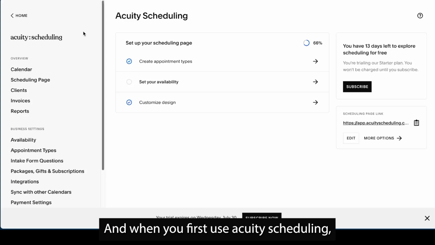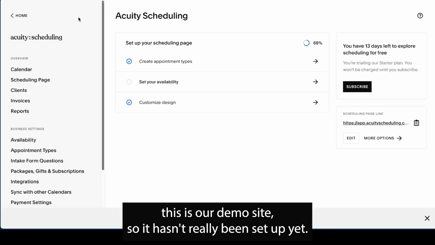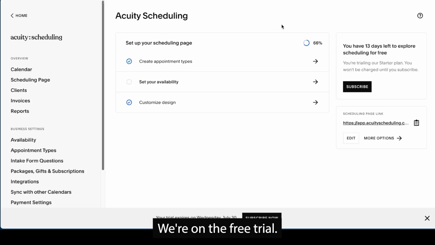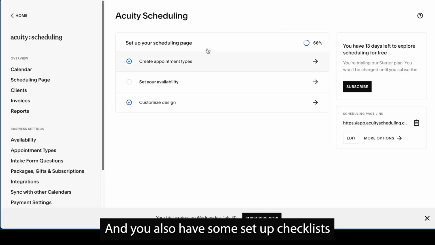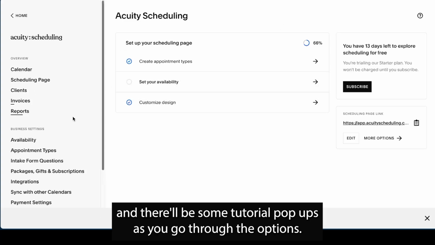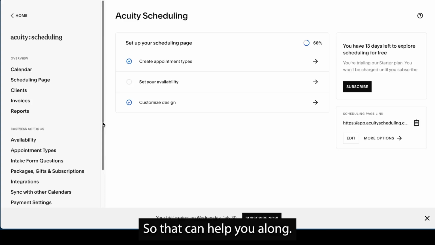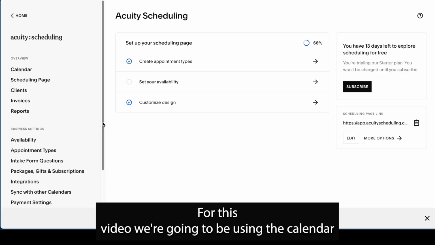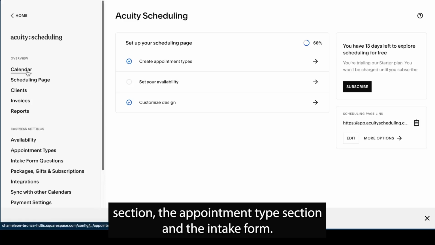And when you first use Acuity scheduling, this is our demo site, so it hasn't really been set up yet. We're on the free trial, and you also have some setup checklists, and there'll be some tutorial pop-ups as you go through the options so that it can help you along. So that's really helpful. For this video, we're going to be using the calendar section, the appointment type section, and